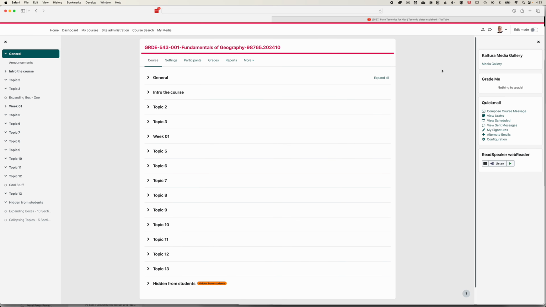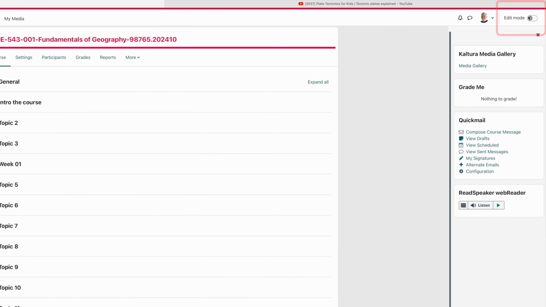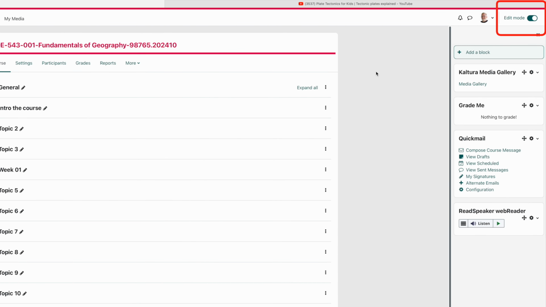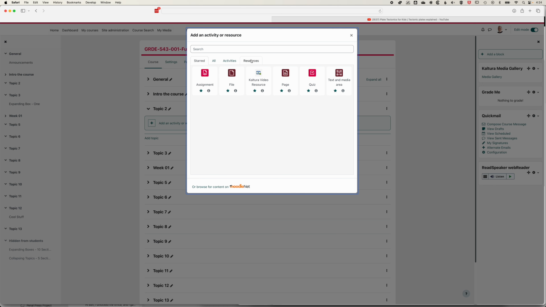So we're going to have a very quick look at how we can make a page, and then we're going to jump into having a look at how we can work with books. So we're going to turn edit mode on up at the top right, and then we're going to come into topic 2 here where we're going to add our page and our book. So I'm going to click add an activity or resource,